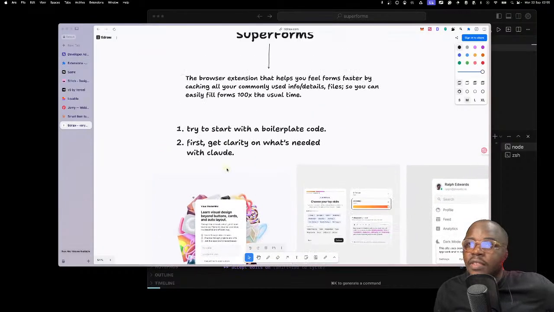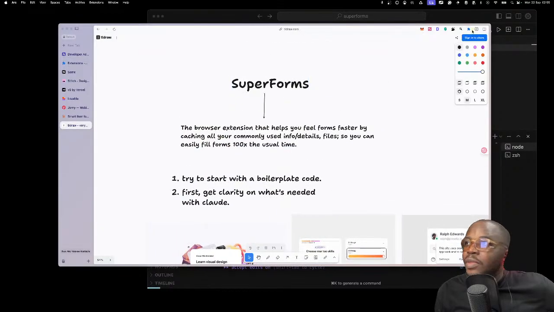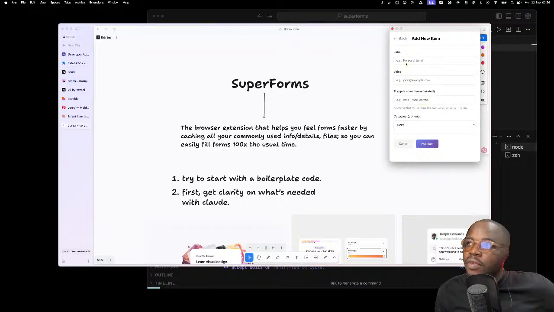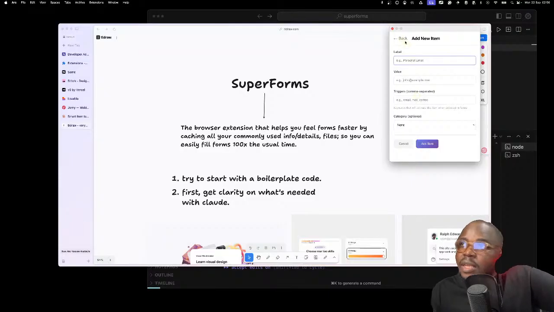So the idea is you have something like this. Oh, it's empty. So you have something like this where you can add a bunch of stuff, right? I always fill my links, a couple of things, maybe details on a form, and there's also a form input here if it's a form. So you select that it's a form, it's a text, and you can add that.